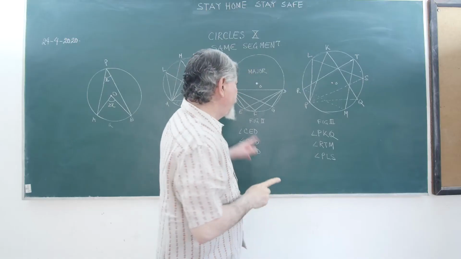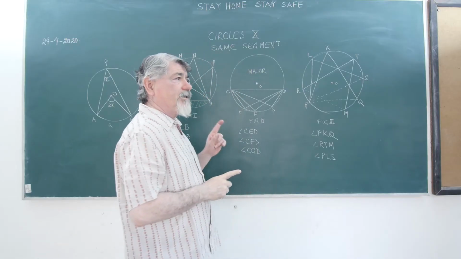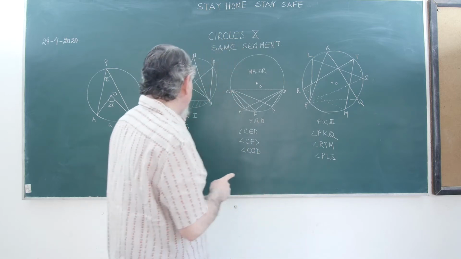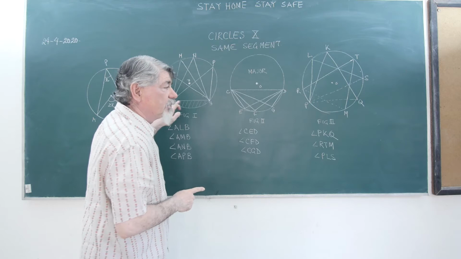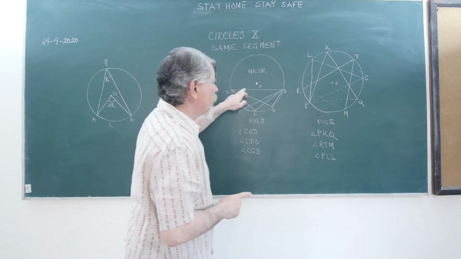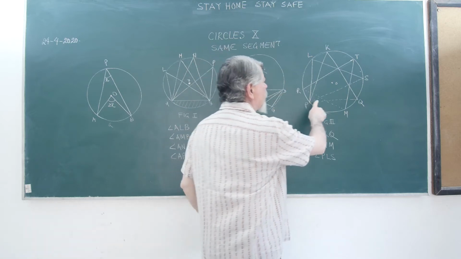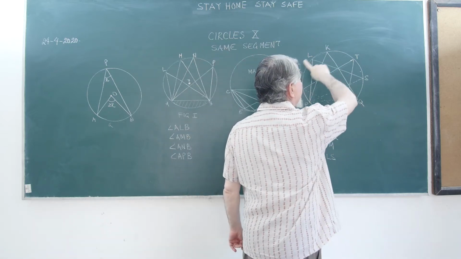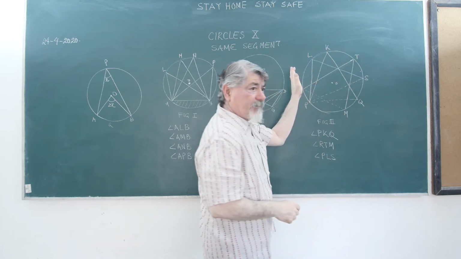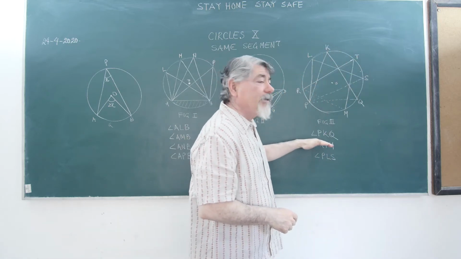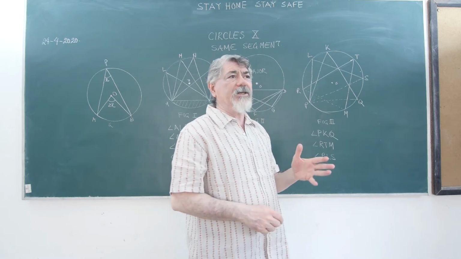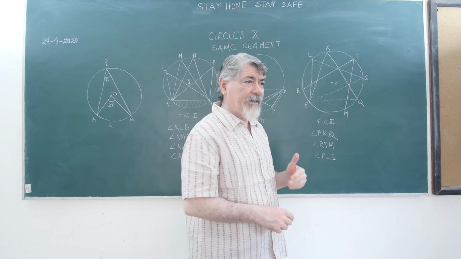They are not. We can say that angles are in the same segment only when your base or the chord is the same. The chord is the same in this case, but here all chords are different and they are framing different angles. This seems to be the same major segment, but they are not angles in the same segment. So the theorem which we are going to discuss after this is that